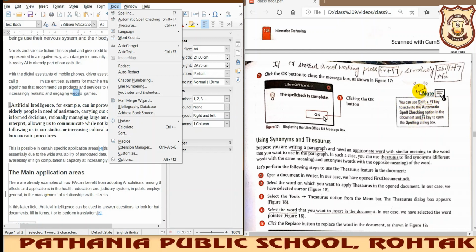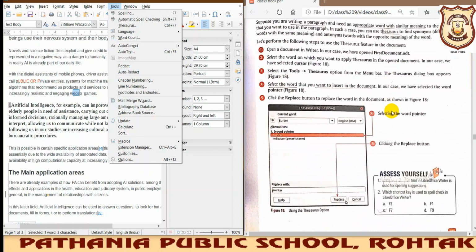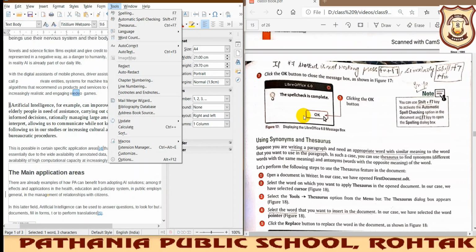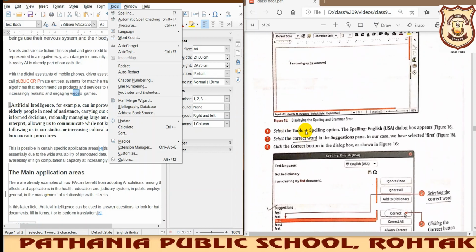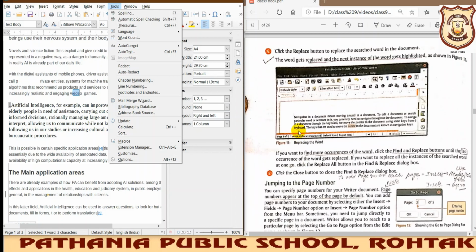So you must learn all these important things. These can be asked in your paper also. Okay, so beta, the next feature we'll be doing in our next practical, in your next session. Thank you so much. And beta, one more thing I just want to add before I end this session, you have to prepare notes. So how to prepare notes, for that you just see it properly.